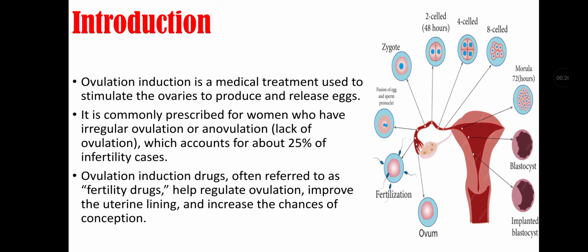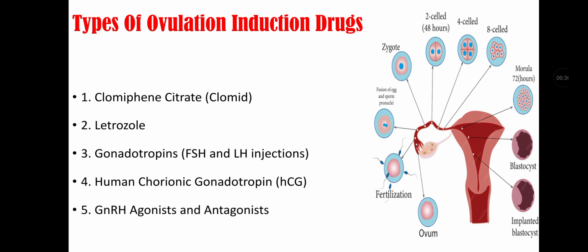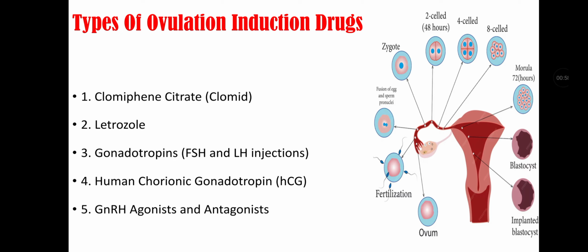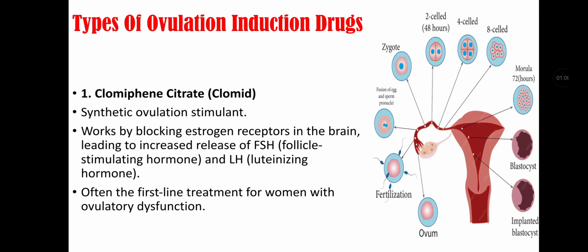Ovulation induction drugs, often referred to as the fertility drugs, help regulate ovulation, improve the uterine lining, and increase the chances of conception. Types of ovulation induction drugs include clomiphene citrate, that is also called as Clomid, letrozole, gonadotrophins like follicle stimulating hormone and luteinizing hormone injection, human chorionic gonadotrophins, and gonadotrophin releasing hormone agonist and antagonist. Types of ovulation induction drugs. First is